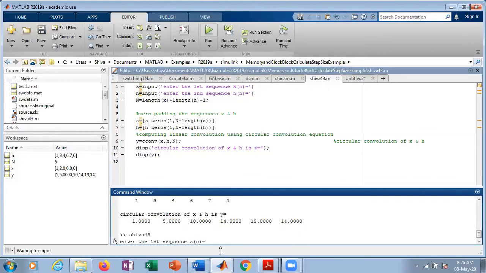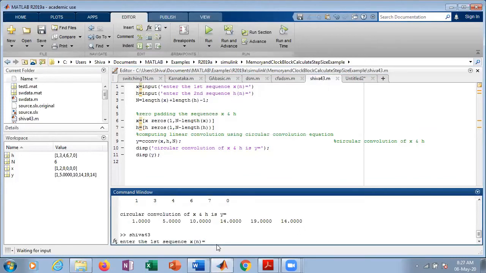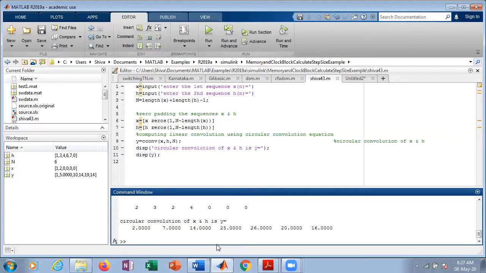To run this program, I'm taking the sequences 1, 2, 3, 4 and 2, 3, 2, 4. See, the first sequence length and the second sequence length I gave are 4 and 4.